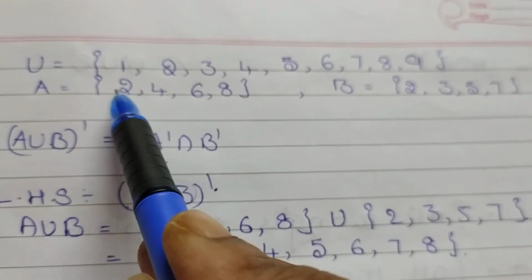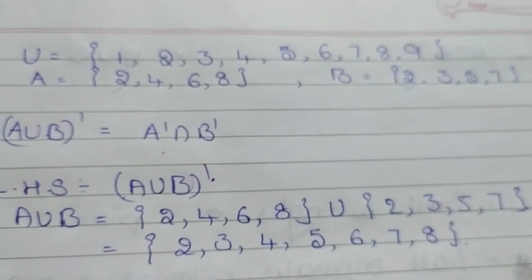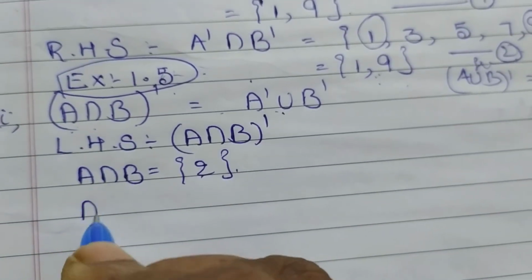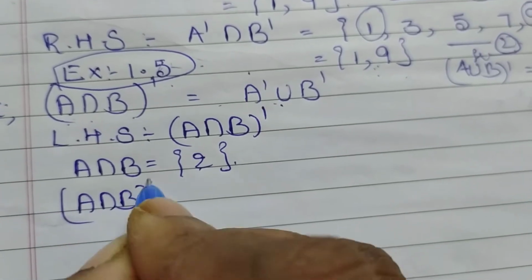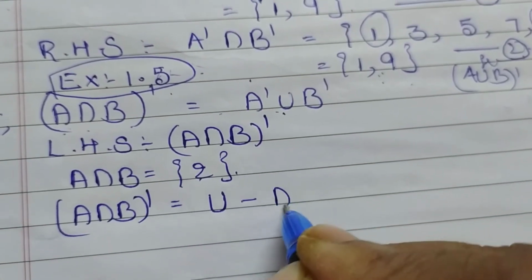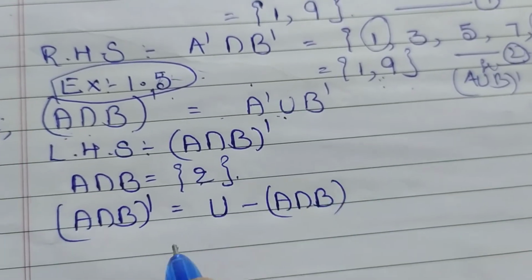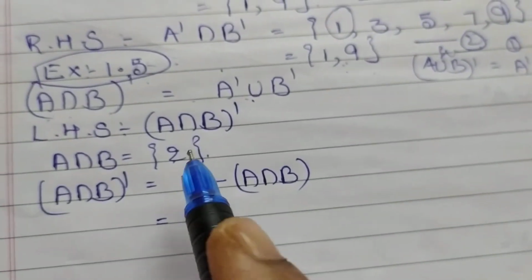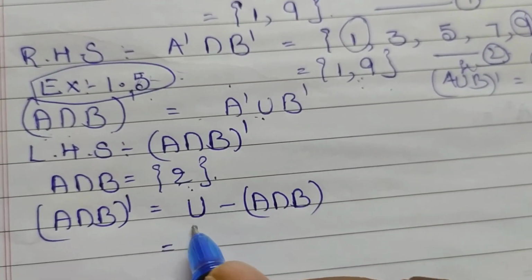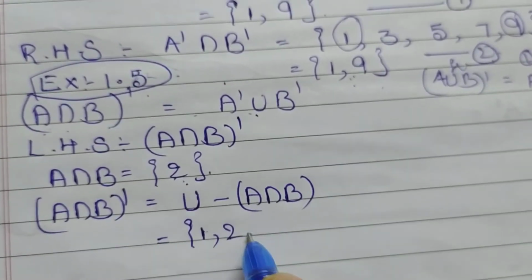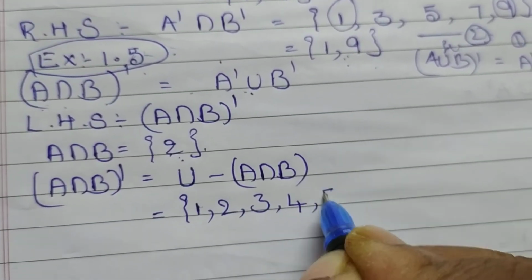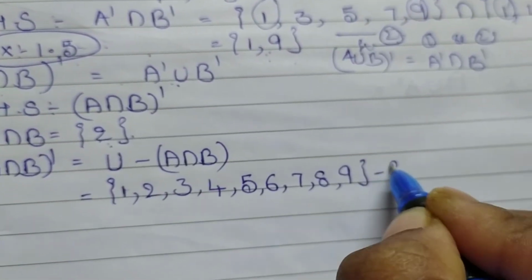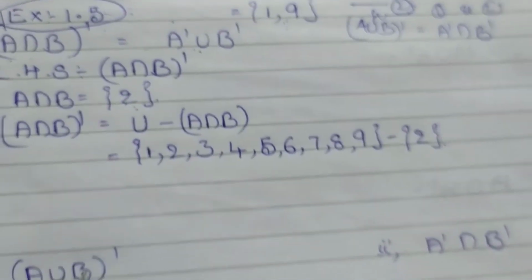Is it not? See there? 2 is the element which is common in both the sets. So you will be writing 2 here. Now you should find out what is (A intersection B) whole complement. That is universal set minus A intersection B. So from the whole set which is containing the elements from 1 to 9, I should remove the 2. So first I will write the elements 1, 2, 3, 4, 5, 6, 7, 8, just substituting what they had given for the sets. And A intersection B we got as 2.